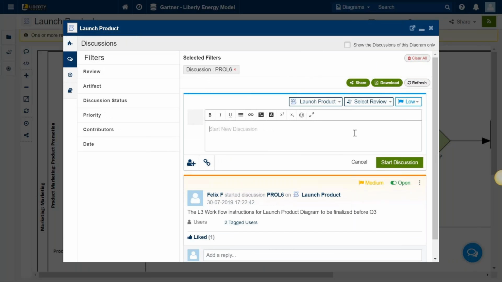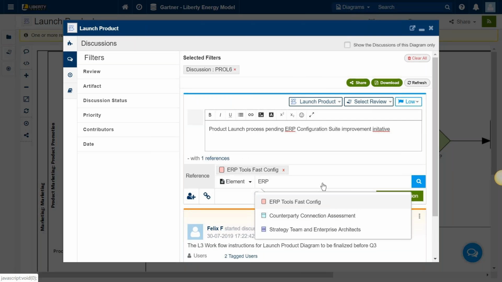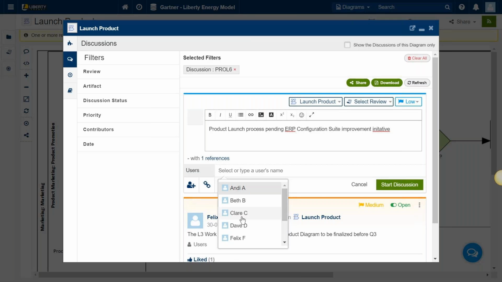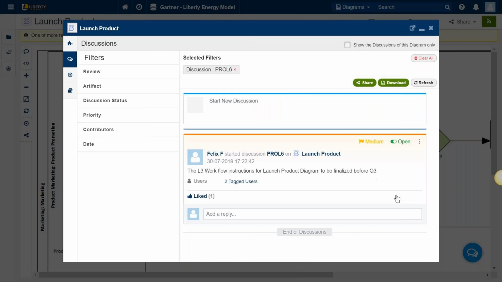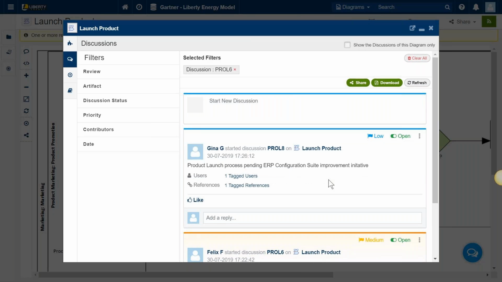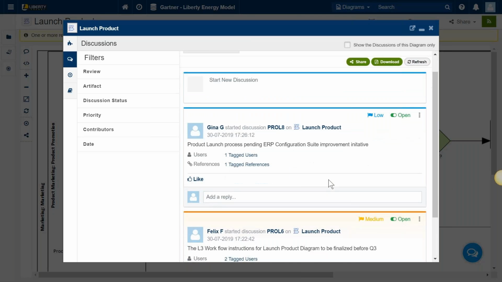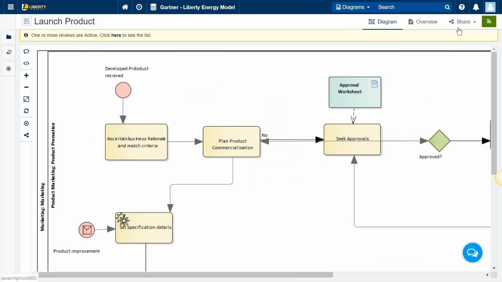or start a new conversation themselves. And what you'll see here is that they get the entire collaboration, where they could tag other elements or other diagrams in an EA model, and also tag other users who need to focus on this, and post a comment. And the moment a comment is posted, again the email notifications are sent and an in-app notification is sent to all the users as well. However,